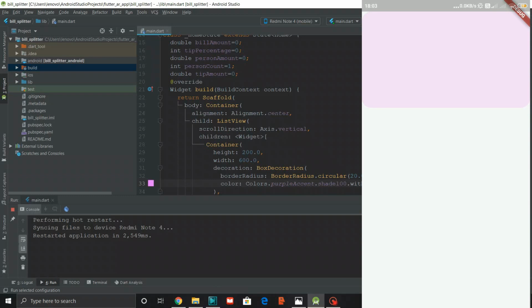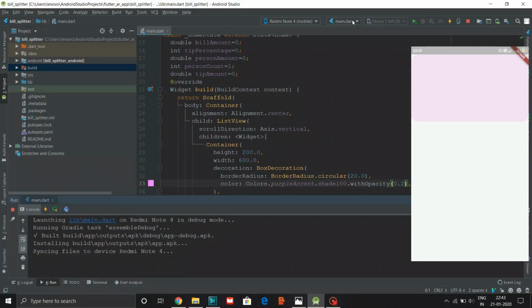So now you can see that this app is running. It shows this purple rectangle on it. First of all, now what I'm going to do is remove this debug banner which is showing on the top right corner. So how we can do this is I am going to go to material app,